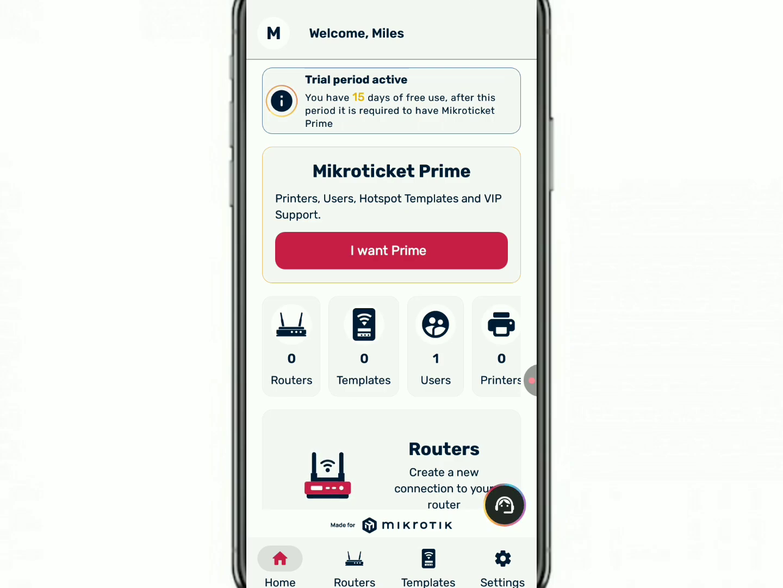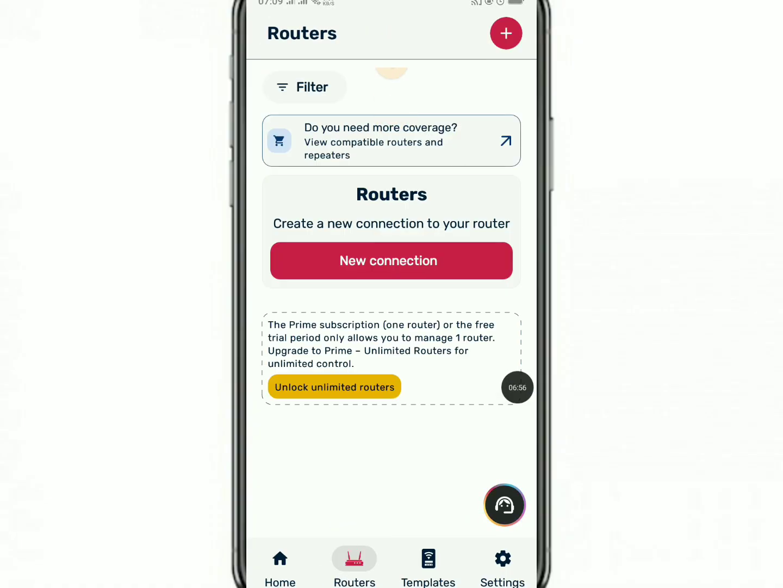Here you can create vouchers, but before that we need to connect this MikroTicket software to the MikroTik router. Now you're going to open the application as I've opened, then go to router settings. Now this is how we're going to do. We're going to come where we have routers, and then where you have new connection